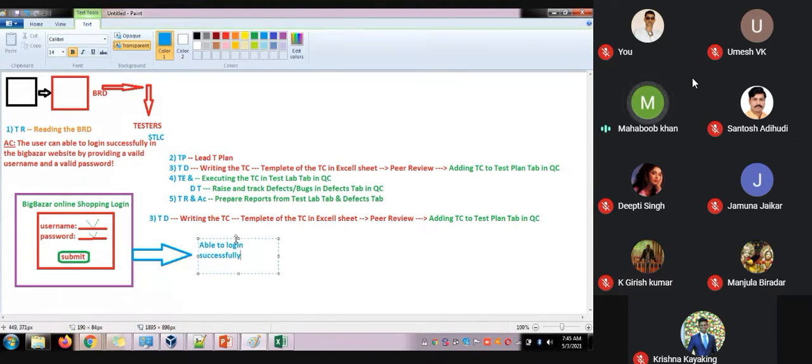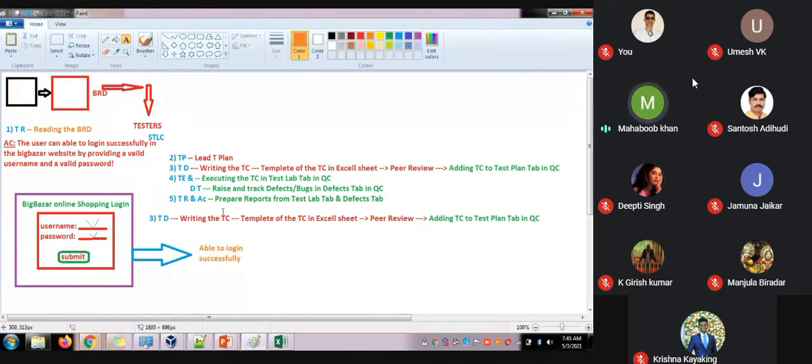Okay, so once you are able to log in successfully, you get the happy path. So this is the requirement.